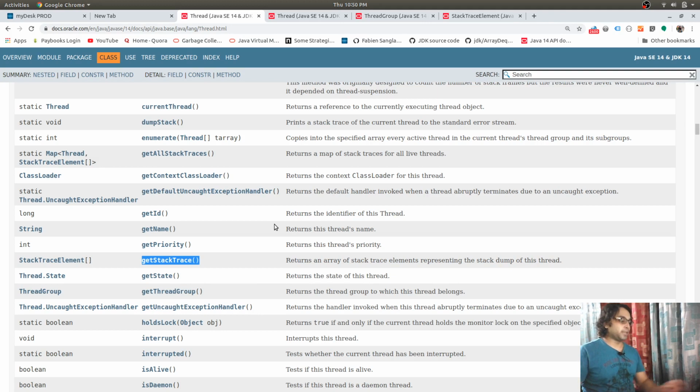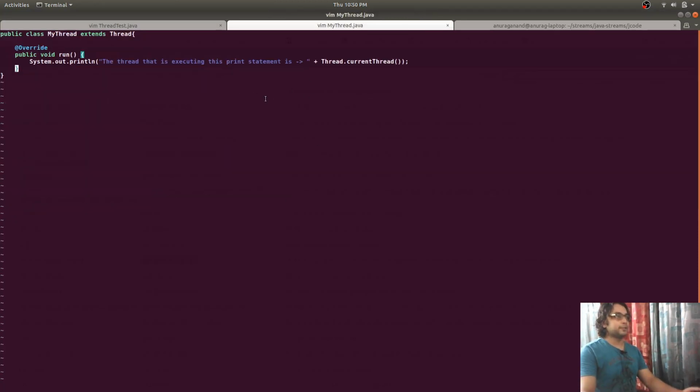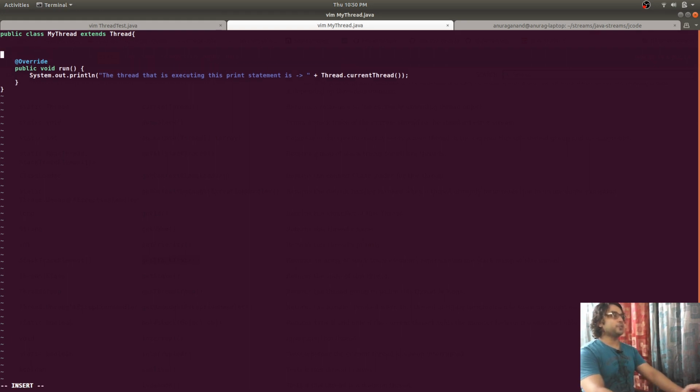So now coming to the point: if you look at this thread, it is not doing anything different than a runnable interface, and the runnable interface has only one method, that is run. So the question is, why are we extending this thread class? Why not just do it with the runnable interface? The thing is, if we want to do something useful or something different with our class, like we want to keep track of the total number of threads that were created using this thread class.